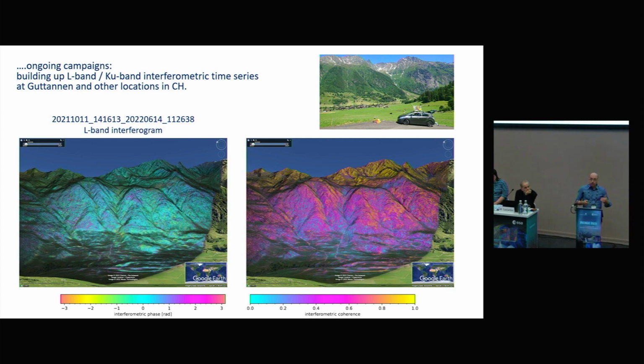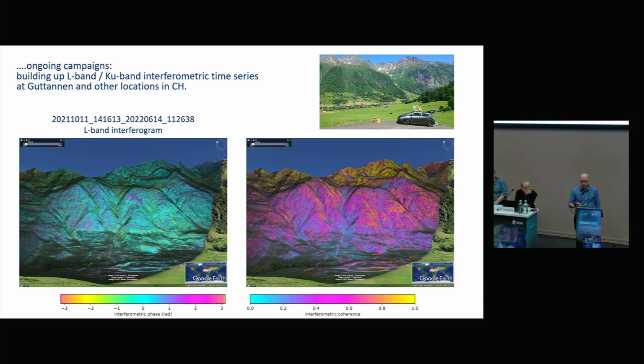So we have then ongoing campaigns. Actually, this is almost in the same area, a bit further up the valley. So in this area, as in many valleys, the upper parts and several instances are moving in one way or the other. This is basically the first measurements we did at this site. So at this time, first try also with KU band, which did fail at this specific time. So this is between 21 and 22. So also quite some time in between, so half a year.